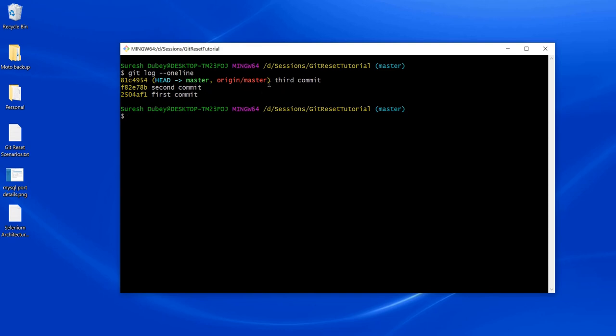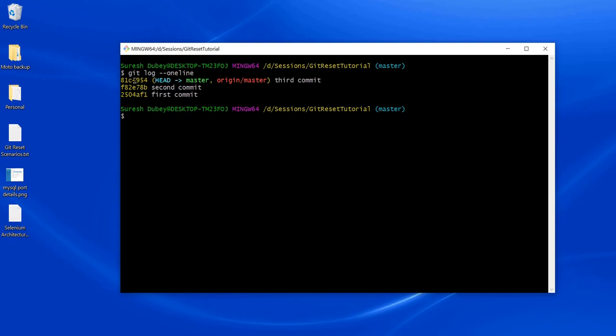Here we have 3 commits, and my third commit is a part of the remote repository. That's why we are seeing origin/master, because that has been pushed to my remote repository using the git push command. Now my intention is to remove the commit, or the changes that were done as a part of commit 954. Let's understand why somebody needs to remove the commit after a git push operation.